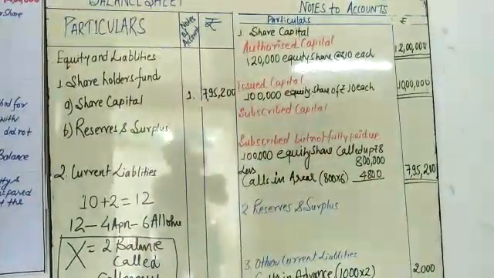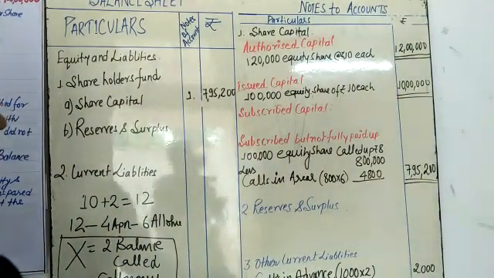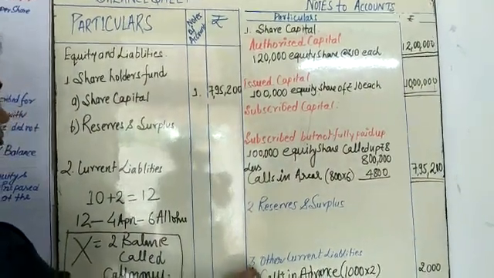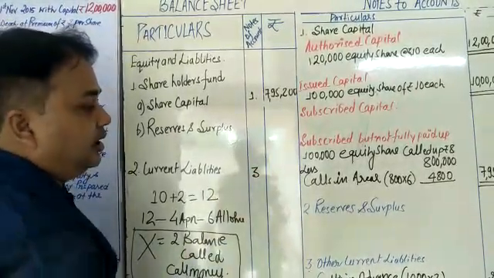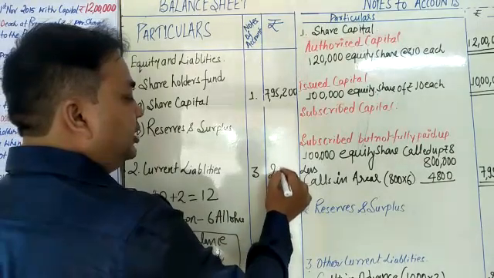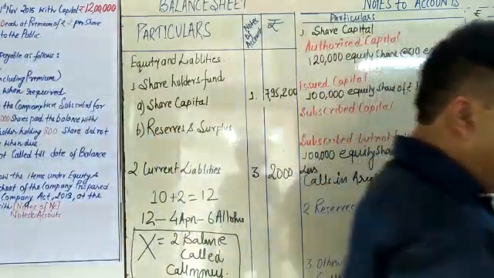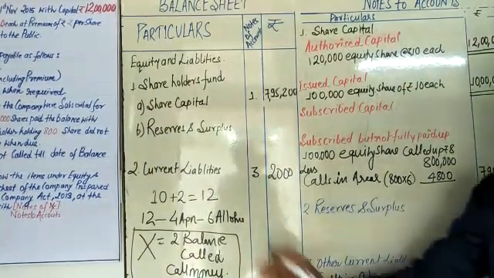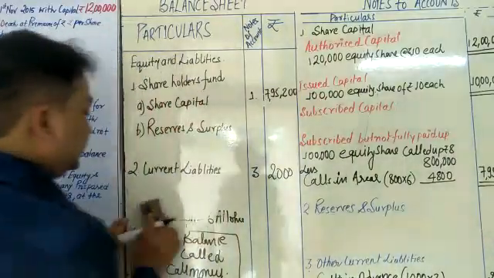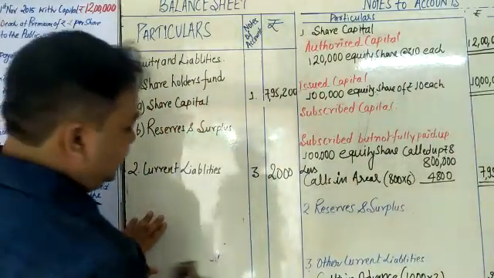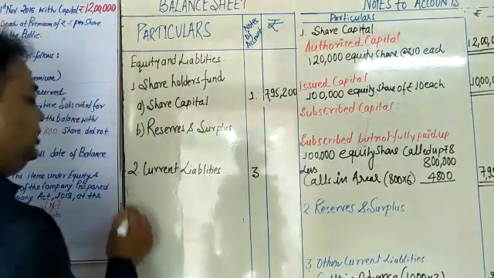Okay, so now reserve and surplus. So what is the note number? You put down the note number 3, and put the amount 2,000 here. That is called other current liabilities. My dear student, just a minute, I am going to erase here. You write down the subheads under the current liability,